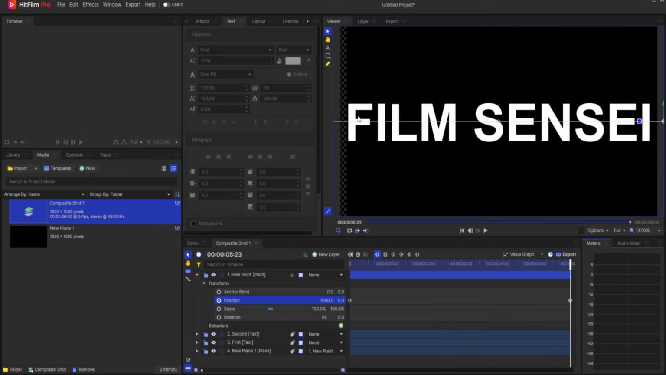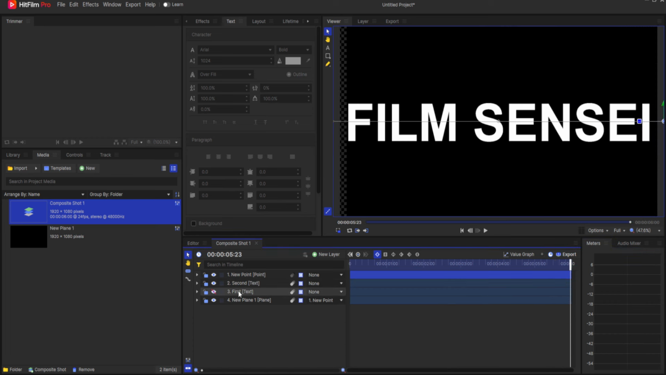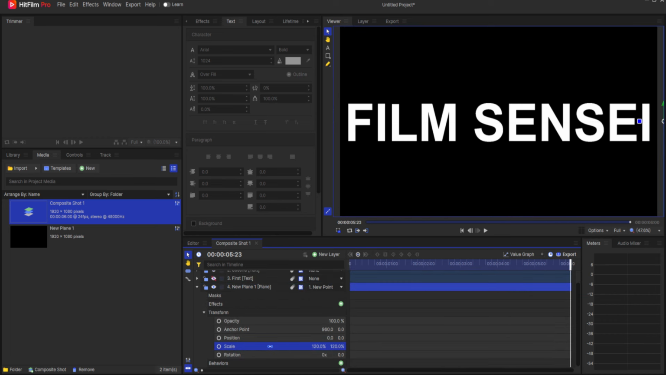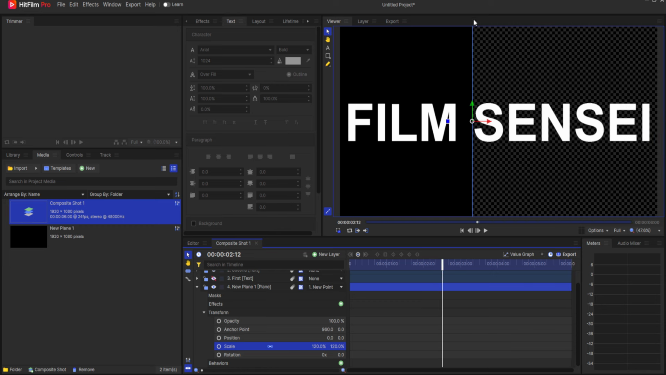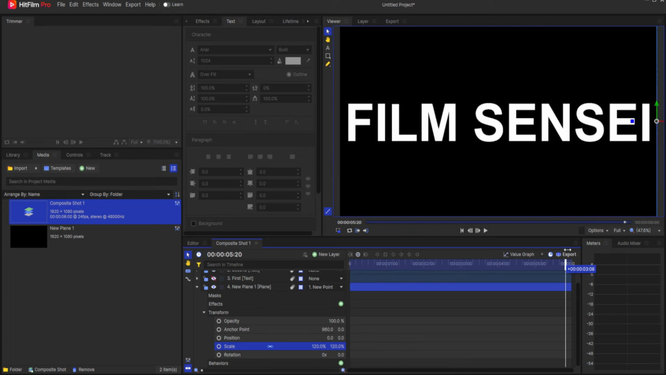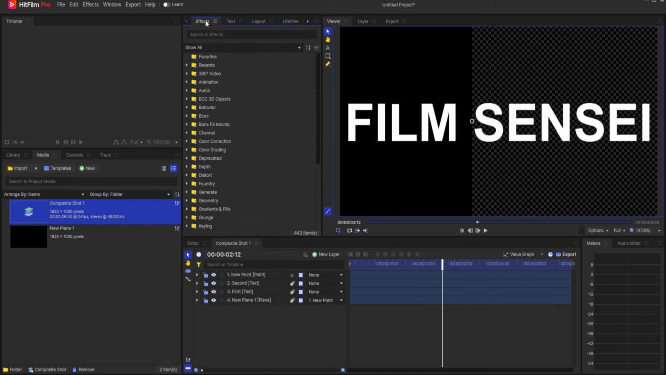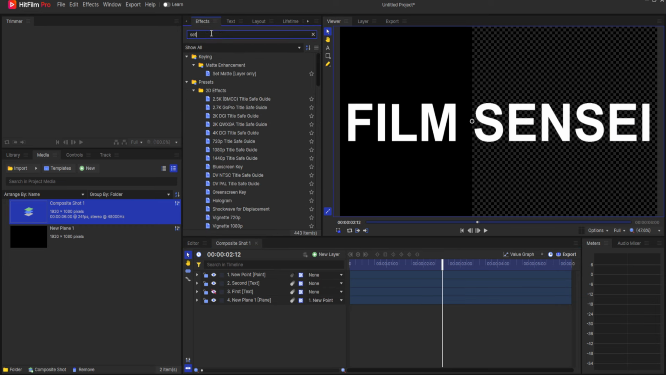The problem is that we're catching the edge of the plane, but if I just open the plane and I just expand its scale, then I will be fine. And that's because I put the anchor point edge here on this, so it expands to the left side of it. Okay, so now what I can do is under effects, search for the set matte effect,